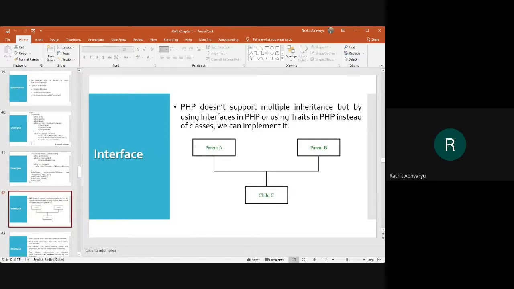Interface is something where we can have more than one parent and one single child can inherit both the parents. But the condition is, in interface, whatever methods the parents have defined, only those methods the child class can implement. An interface does not have any implementation. Only the child class provides the implementation of the interface, that is the parent classes.